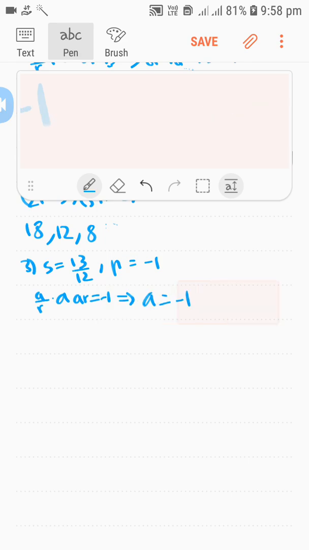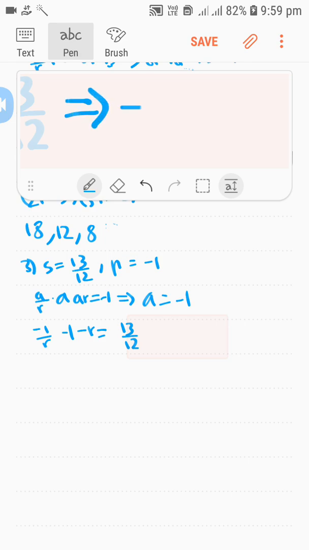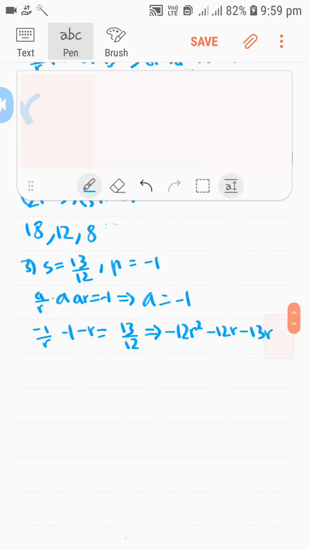And now we can use the fact that the sum is 13/12 to get -1 upon r, -1 upon r equals 13 upon 12. So multiply by 12r on both sides. This would lead us to -12r squared, and then -12r, and then -13r, obviously, because that also comes to this side, and then -12. Okay, nice. So now that is equal to 0,